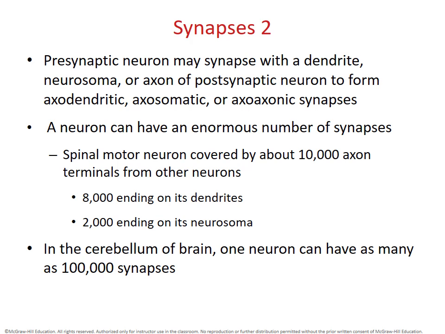All right, so an individual presynaptic neuron can have a huge number of synapses. A spinal motor neuron, remember, for instance, can be involved in a tremendous number of synapses if it's a large motor unit. Remember, a motor unit was a single axon and all of the skeletal muscle cells that it innervates. And so, a single axon can branch many times,